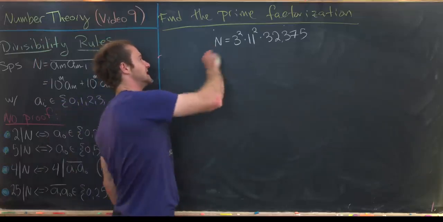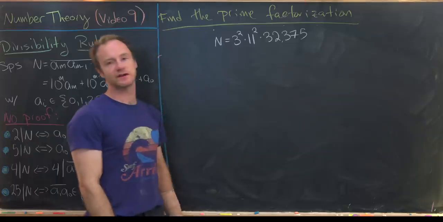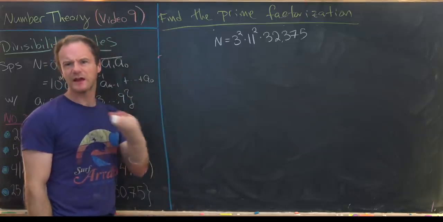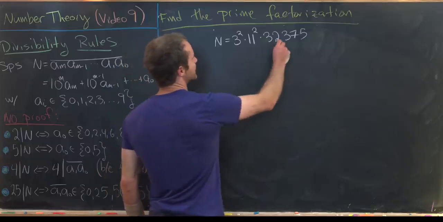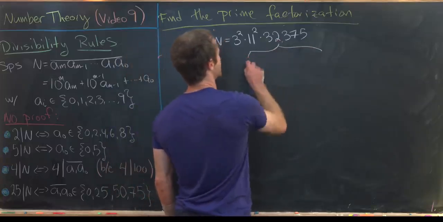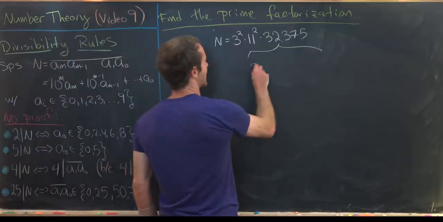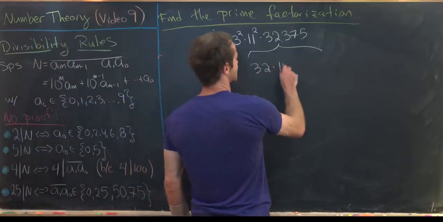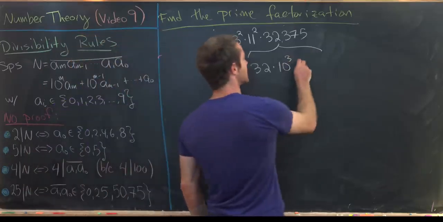So far, we've seen that n is equal to 3 squared times 11 squared times 32,375. Now we're going to look at the factors of 5. So in order to do that, I'm going to take this leftover bit, this 32,375, and I'll write it as 32 times 10 cubed. So that's 32,000 plus